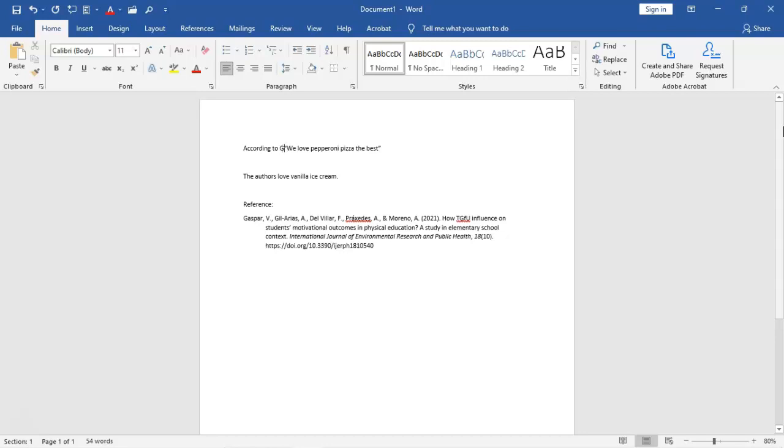So according to Gaspar, now, if he was the, or she, I'm not sure if it's a man or a woman, if they are the only author, you would just put his or her last name like this. If there are two authors, you would put both of their last names with an and in between. Well, this is 3 or more. This is actually 5. So anytime you get to 3 or more, you use this,